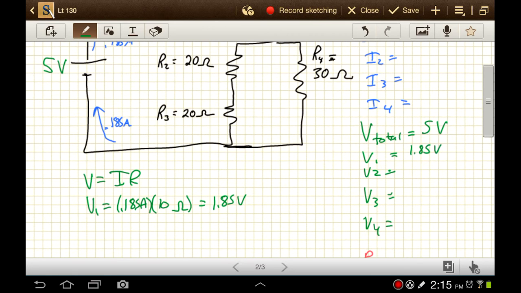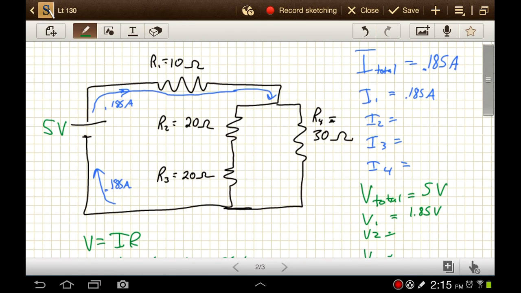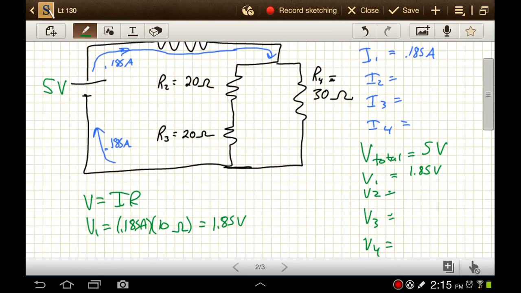Alright, and actually we can go a little bit further with voltage here. We said that we know for any path that the current can follow here, our total voltage drop has to be 5 volts. So if we traced a path along like this, so it goes just through R1 and R4, then R1 and R4, they're the only two resistors to provide that voltage drop. So if R1 drops it by 1.85 volts, then R4 must pick up the rest of the 5, so that would be